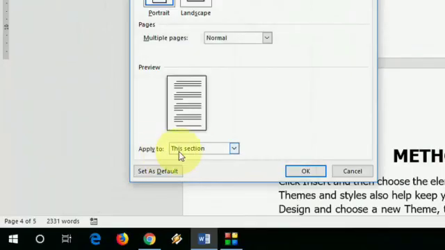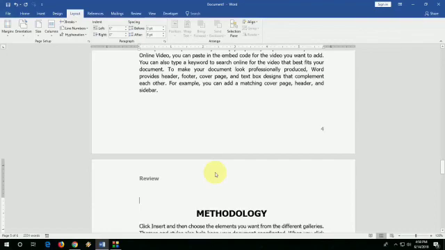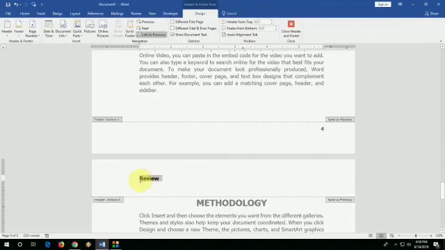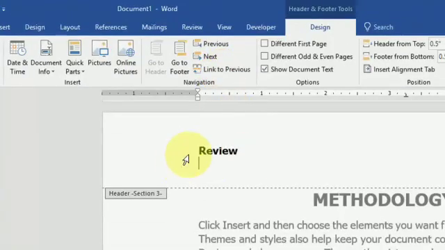On the layout tab, click on page setup and now see this point forward and OK. From this point we have changed the header content. So now see, this one is your header section, format, and from the design we can change and link to previous.